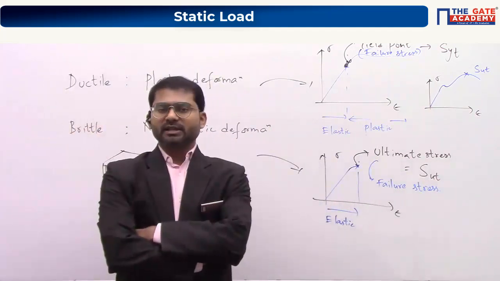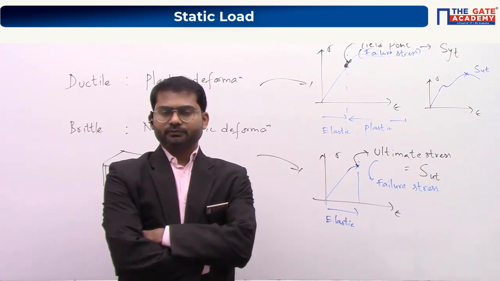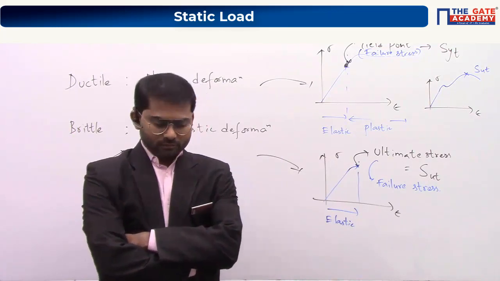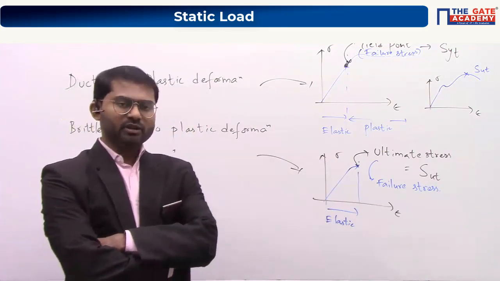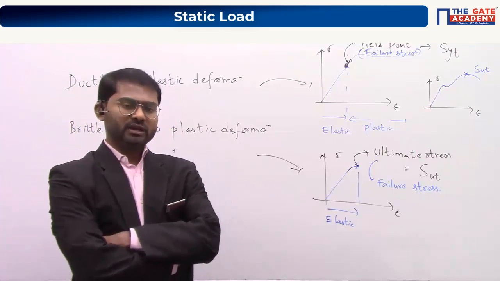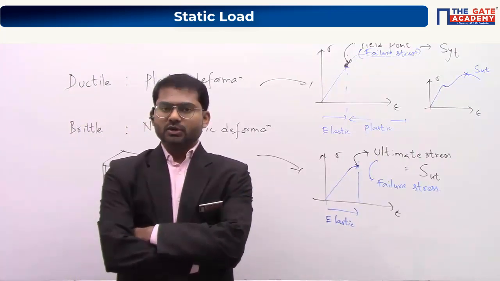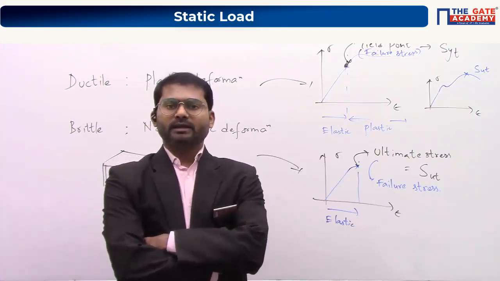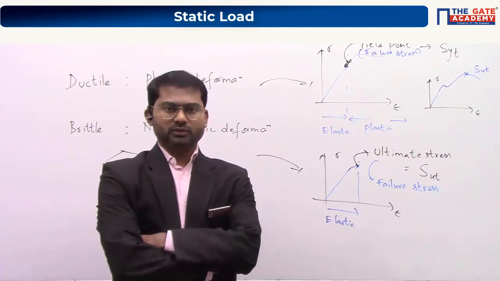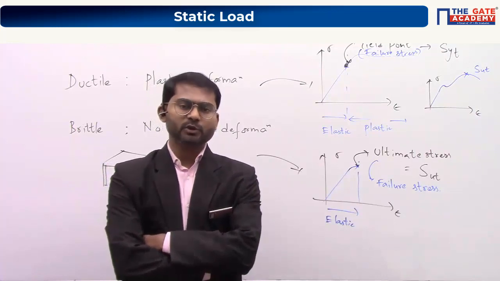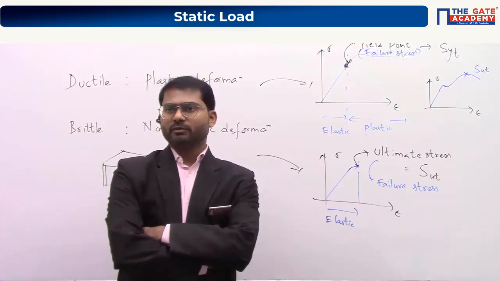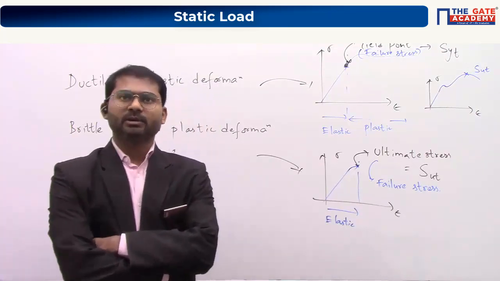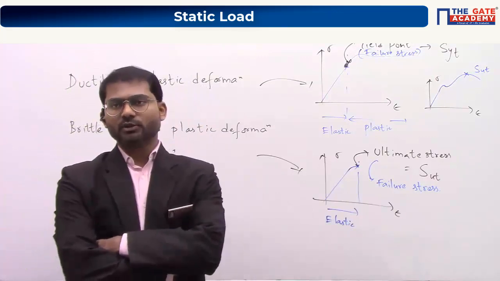Okay, everybody, other people, is it clear or not? Maybe in future, based upon your experience, you'll understand why we don't use ductile materials after yielding. You just have to keep in mind that ductile materials are not used once they undergo plastic deformation. We will use them only while they undergo elastic deformation. Clear? And brittle materials, once they undergo fracture, we will not use them anyway.